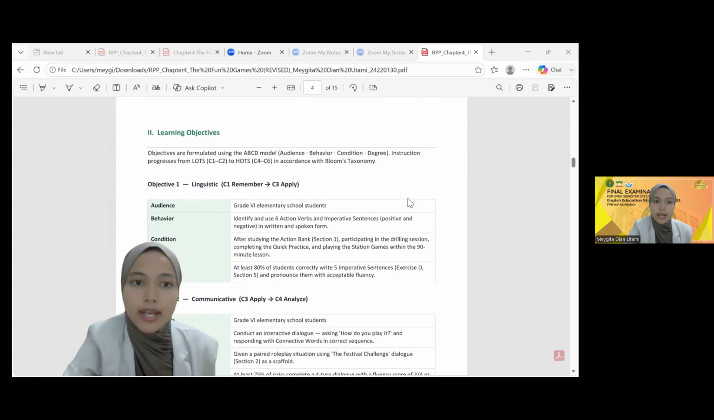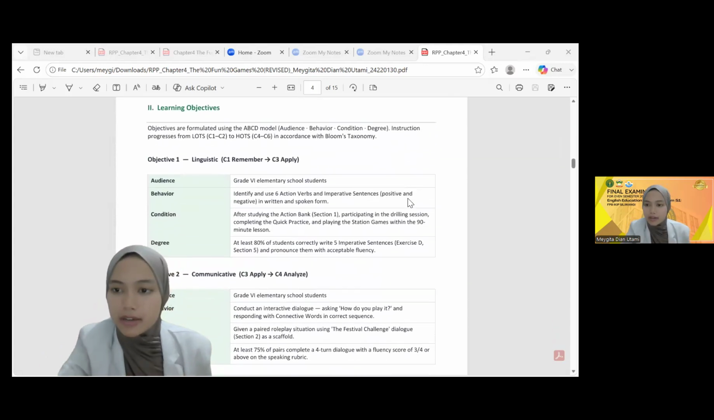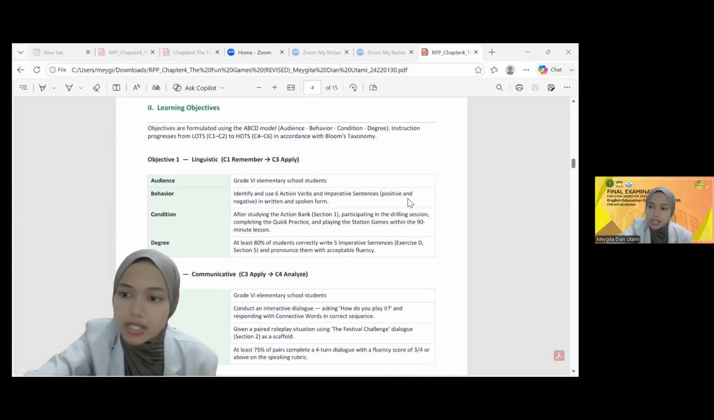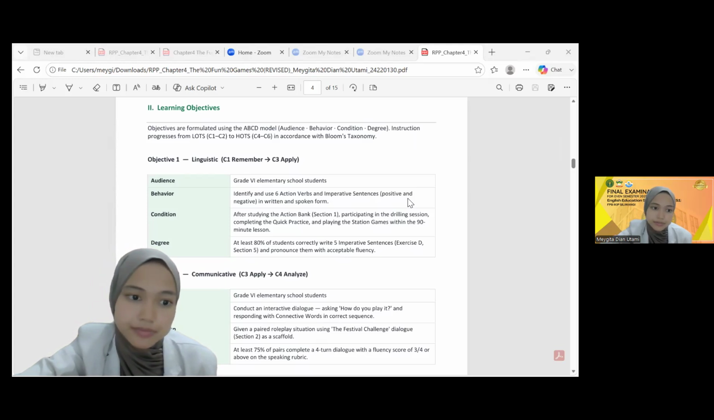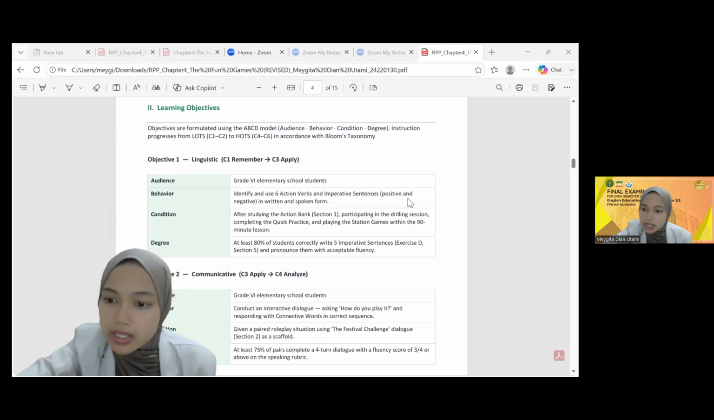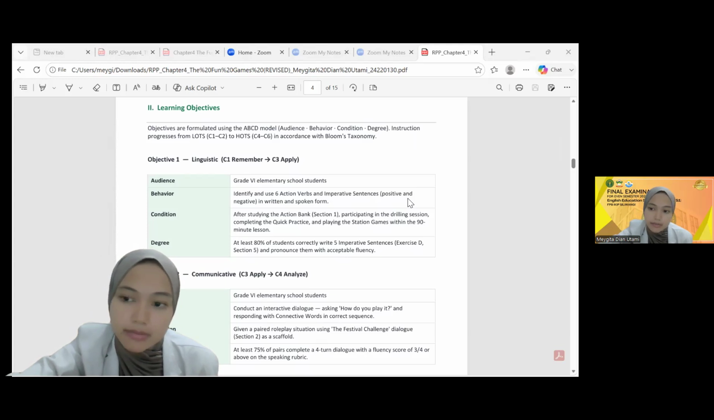Next is learning objective. The next section presents the learning objective. These objectives were formulated using the ABCD model, consisting of audience, behavior, conditions, and degree because it provides clear, observable, and measurable learning outcomes. The objectives are organized into 3 main dimensions. First, linguistic competence,